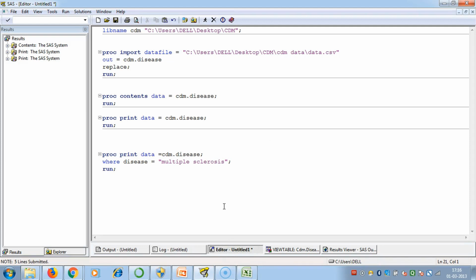The next type of filtering that we are going to do is we want to display those observations where disease is equal to multiple sclerosis, or disease is equal to skin cancer, or disease is equal to hypertension. So for that also we are going to use the same procedure, that is proc print. We are going to write proc print data equals cdm.disease, where disease in multiple sclerosis,